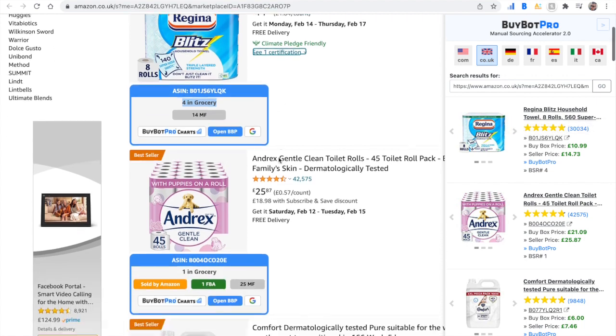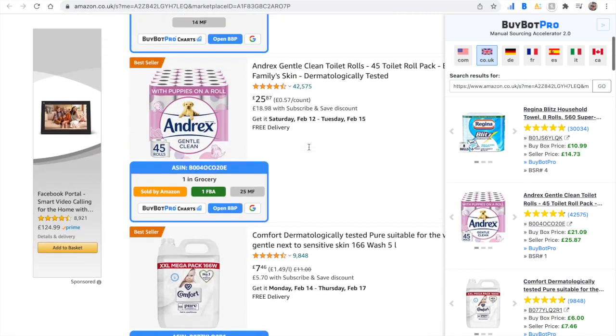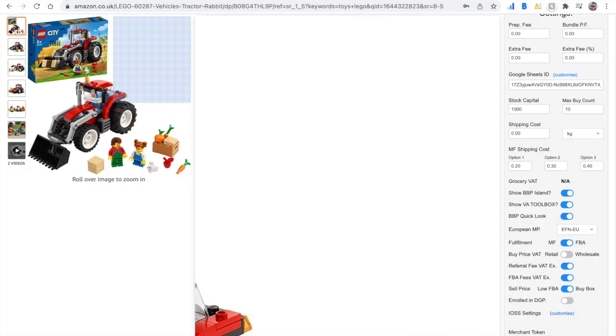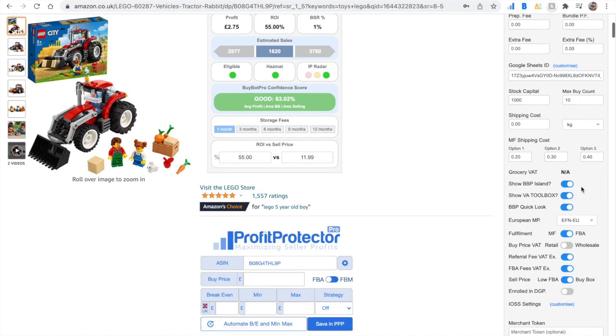So it's a really handy way to analyze your competitors. Also, you can see what products they're selling and maybe potentially find some good deals, or some products to sell too. So yeah, it's a very, very handy tool to have. So you can once again switch it on or off. As I mentioned,